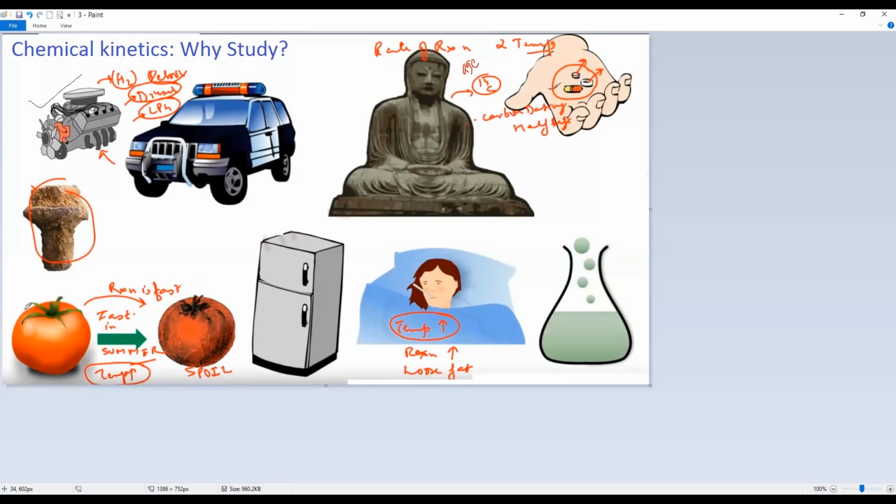The second example I have mentioned over here is the tomato. We know that in the summer season the tomato gets spoiled very fast. The question should arise in our mind as to why it is so. In the summer season it is getting spoiled very fast. The reason is that the rate of spoiling of this tomato increases very fast due to the increase in temperature, and we know that rate of reaction is dependent upon